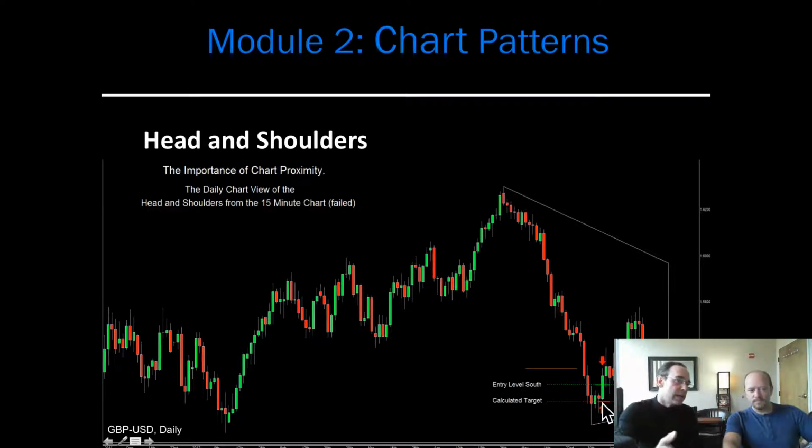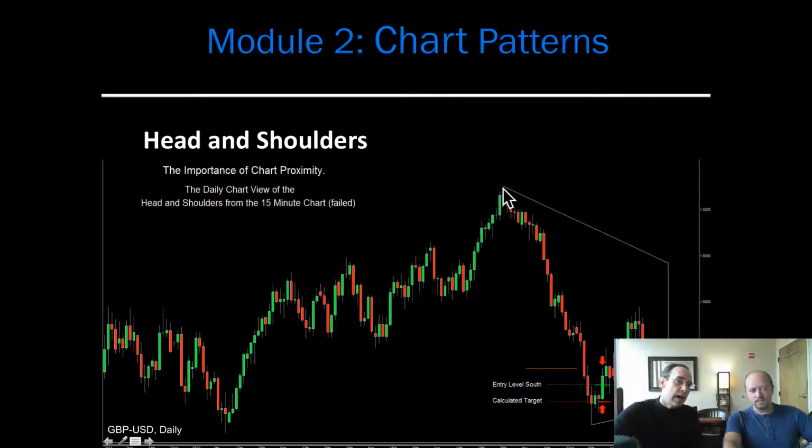Well, Randy, in the context of this daily chart, you can see the price has made a major movement all the way down here, and all of a sudden now in the context of the 15-minute it looks fantastic. But when you look at the daily chart, a person would be trying to take a head and shoulders pattern and use it south on this move that has just made this major movement down and has probably got a lot of energy to go back north now. You can't do that. Right.